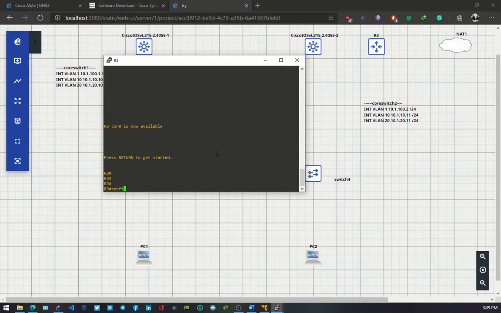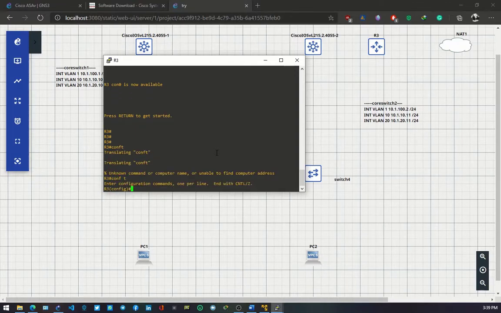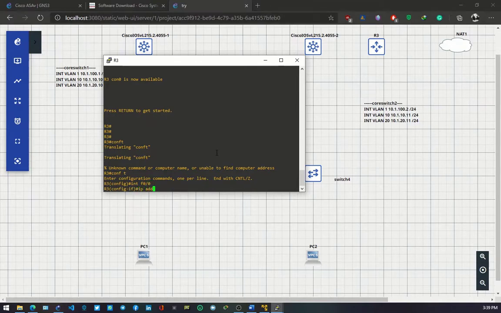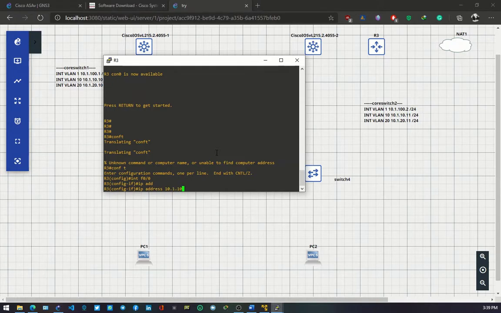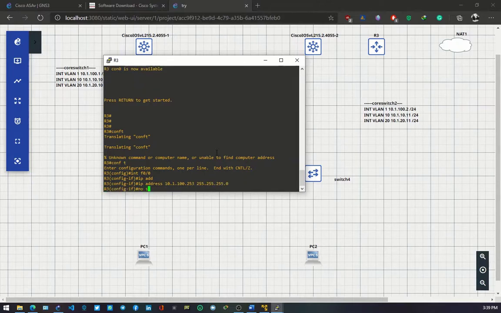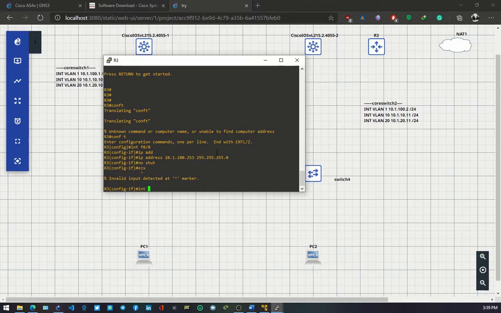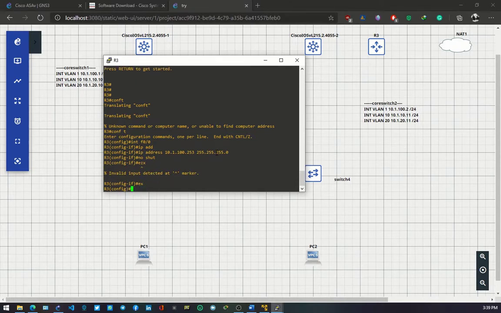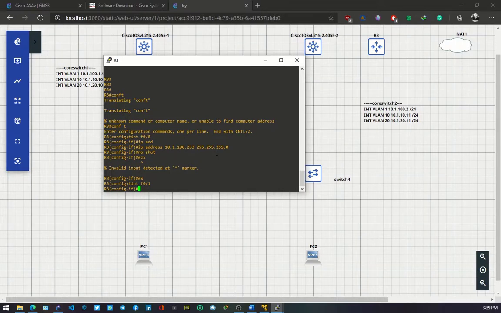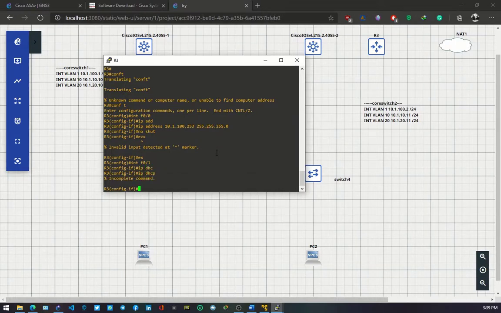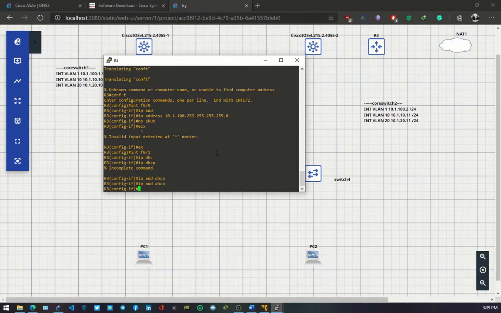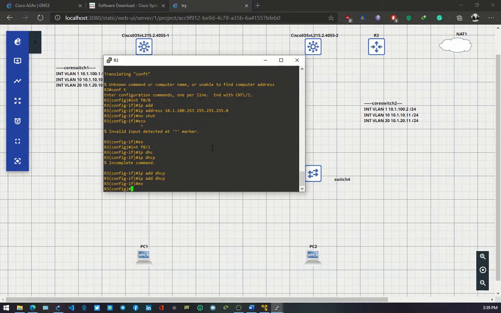So config t. Interface 0/0, IP address 10.1.100.253 255.255.255.0. No shut. Exit. Interface, sorry, exit first. Interface /1, IP address DHCP. So now show run